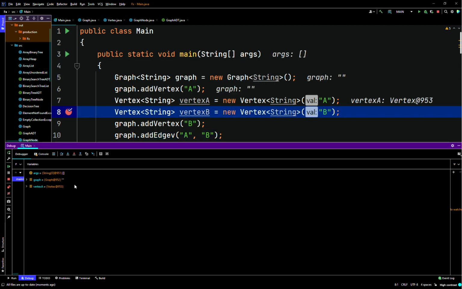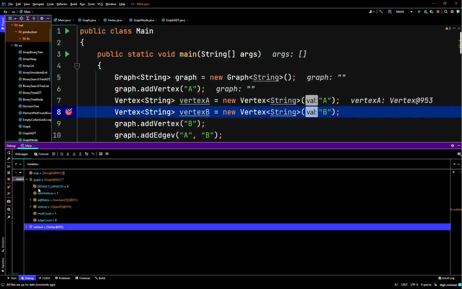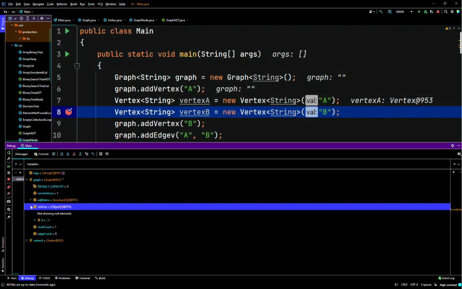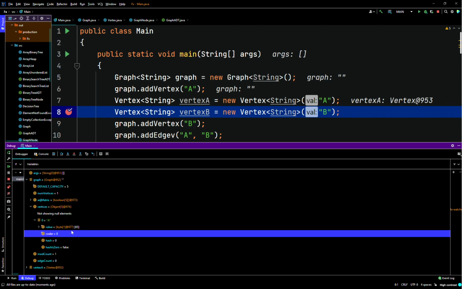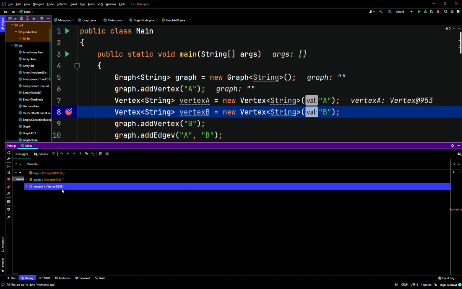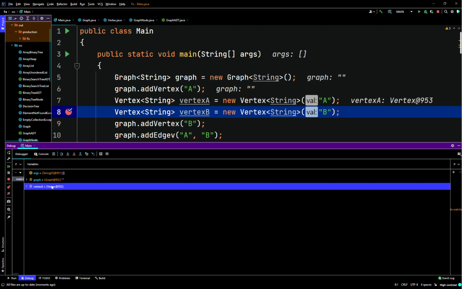We'll have a vertex B, vertex A, has its own memory location compared to the graph, which is holding vertices. See, A has a value with its own string object. That's not what we really want. We want a vertex like this. Here's a vertex object. It's stored in memory location 953. Its value is A. Something easy like that, and something that we created. We want it to compare actual memory locations versus storing values in a string,